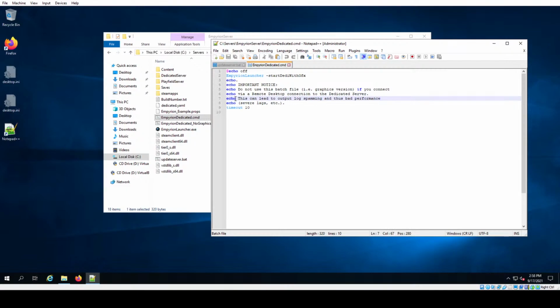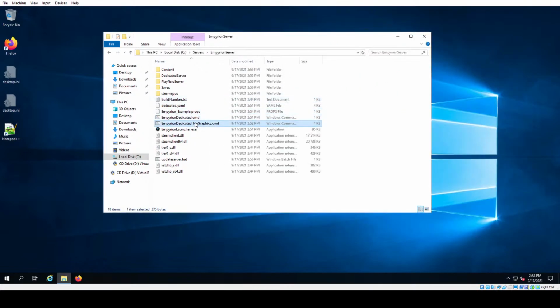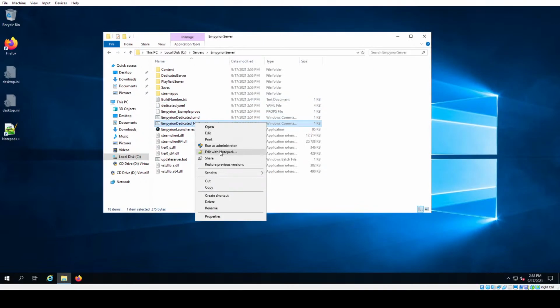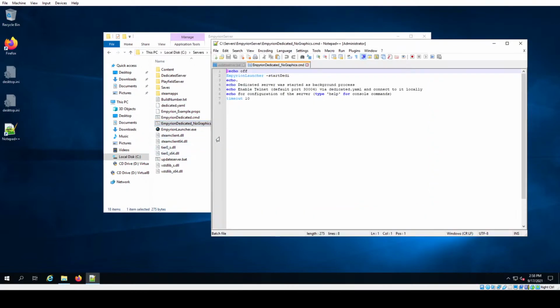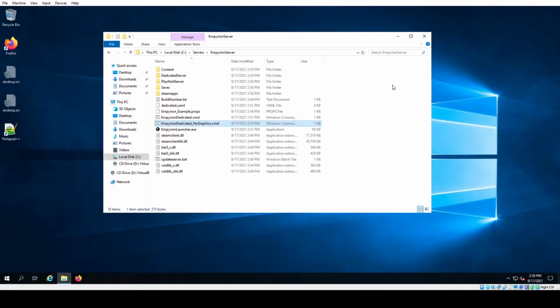However, if you don't prefer that method, you can always use this script here to start your server, which will start it without any console window. The console window just won't pop up. For this purpose, just so that you can see that the dedicated server does start properly, I'm just going to use this one in this tutorial so you can see the actual console. But first,